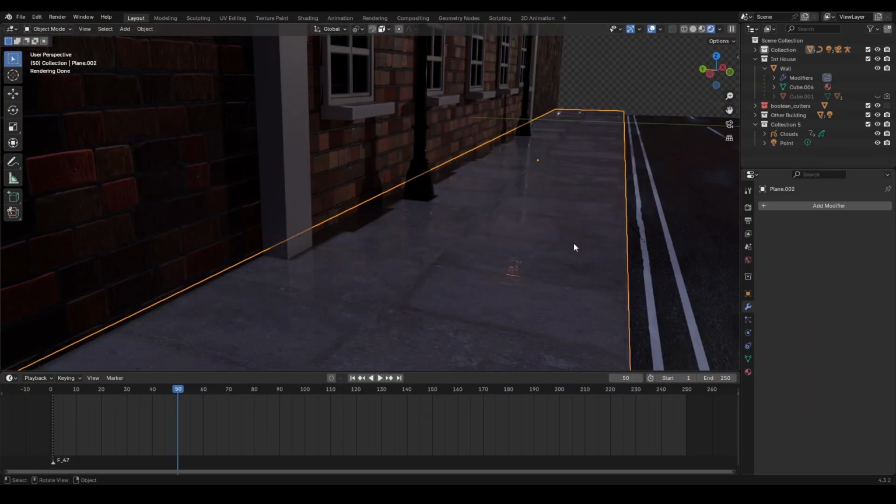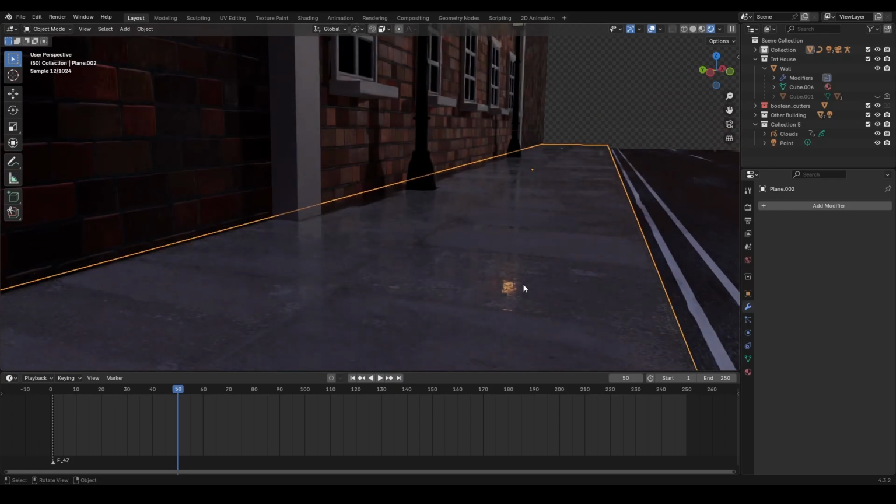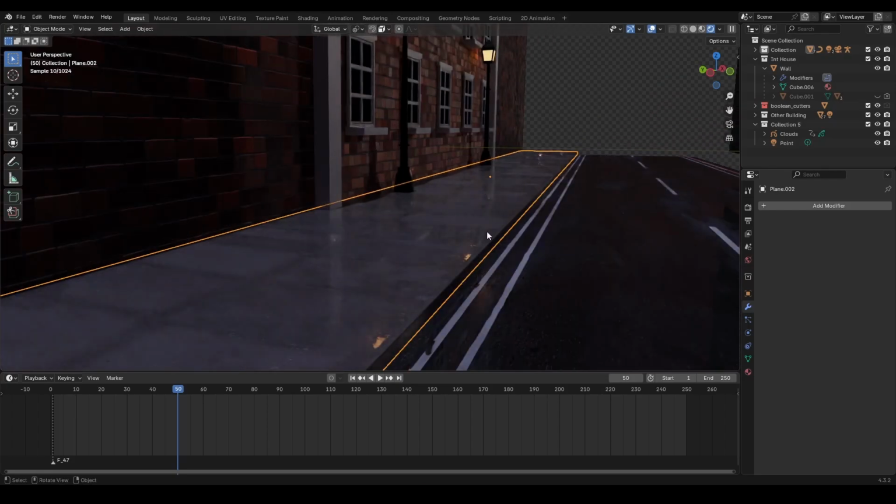And here it is in Cycles as well, so it's quite subtle, but you can see the lights from the lamppost are reflected in there